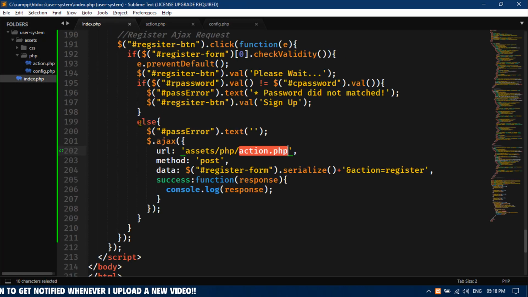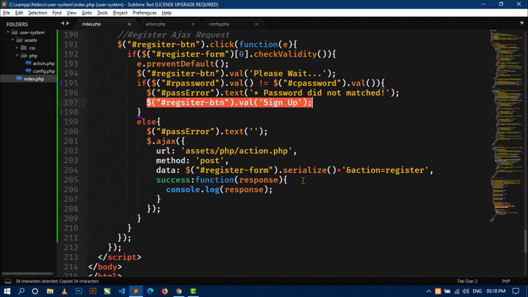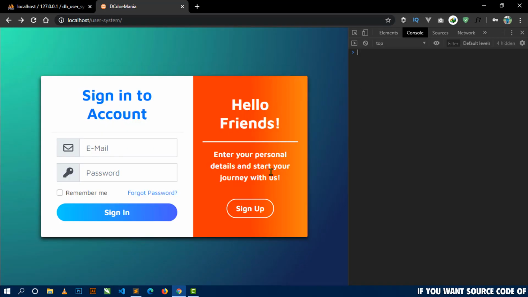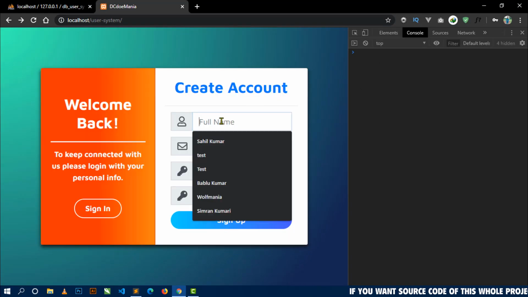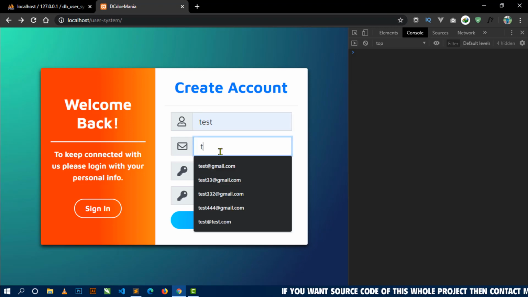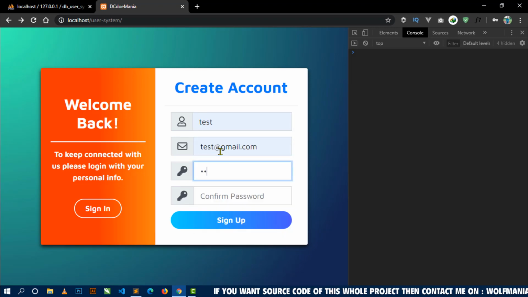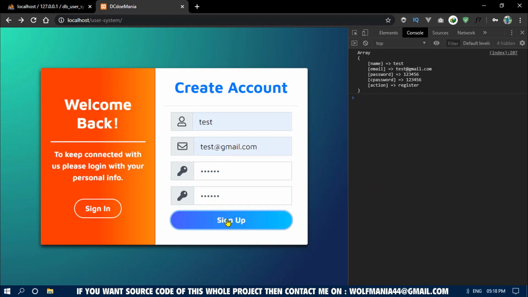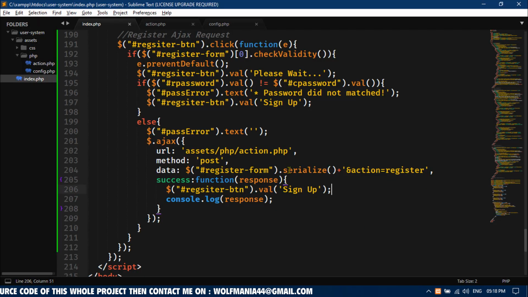So if we go to index, then just copy and paste here. Okay, if we go here and click on sign up, write email, password, and now this is showing perfectly. All right, now